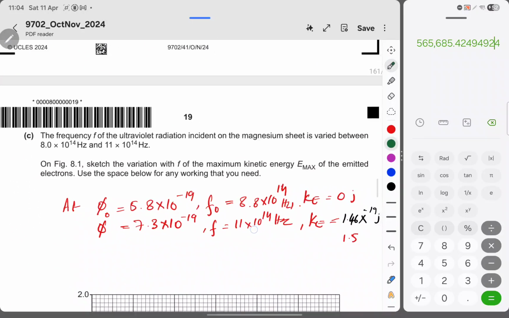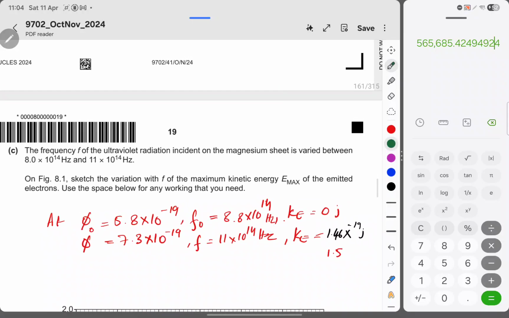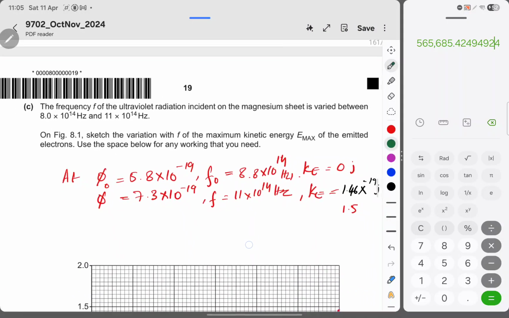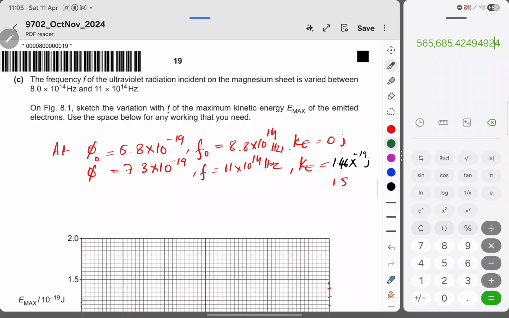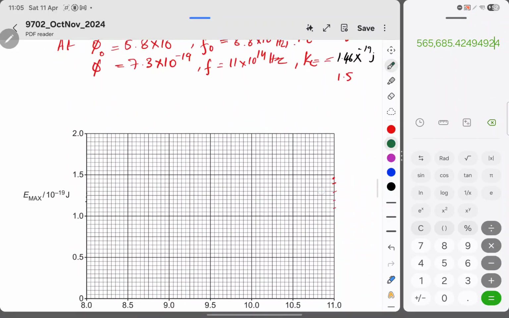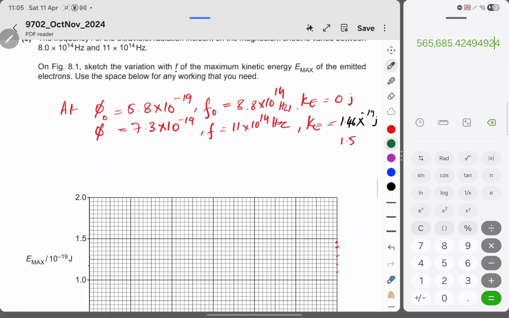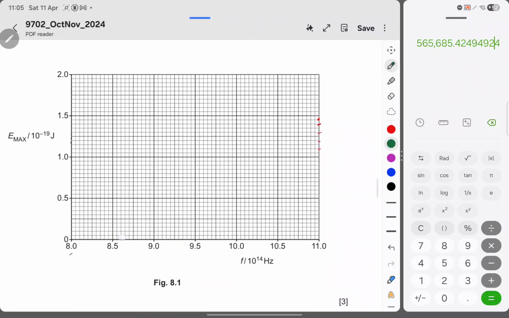The frequency of the ultraviolet radiation incident on the magnesium sheet is varied between 8 into 10 to the power 14 and 11 into 10 to the power 14 Hertz. So you need to make the sketch of the variation of frequency and the maximum kinetic energy of the emitted electrons. They have already given the scale, right? So what we have here, the value starts from 8. Okay, now